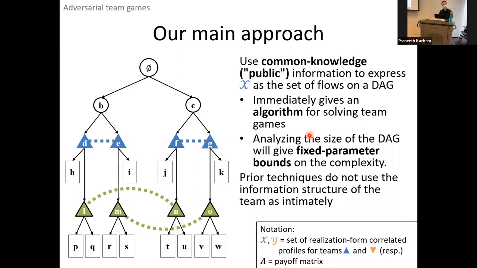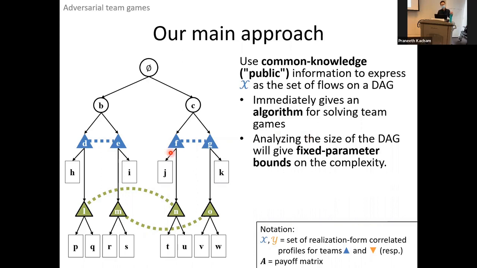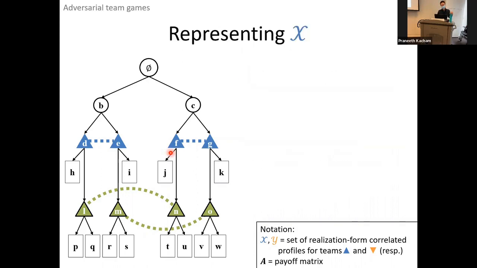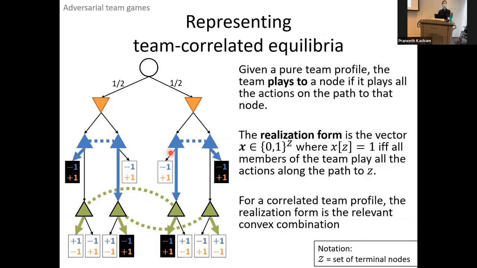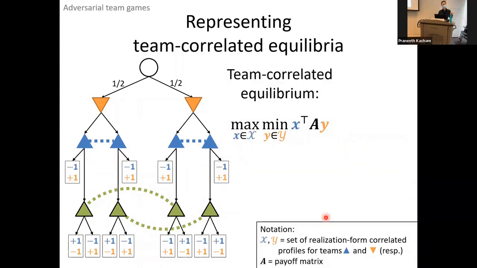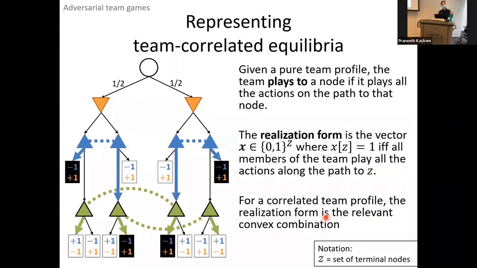Yes. What's the profile? What does it look like? A profile is a collection of pure strategies, one per player on the team. So it's like one out edge from each information set of the team. So for example, if I go back a few slides, that's a profile. Blue has a strategy, green has a strategy. And this is being represented by the realization form. Profiles are represented by the realization form vectors. The realization form of this profile is the highlighted black? Yes, exactly. Those highlighted black nodes completely determine the edges. That's correct.